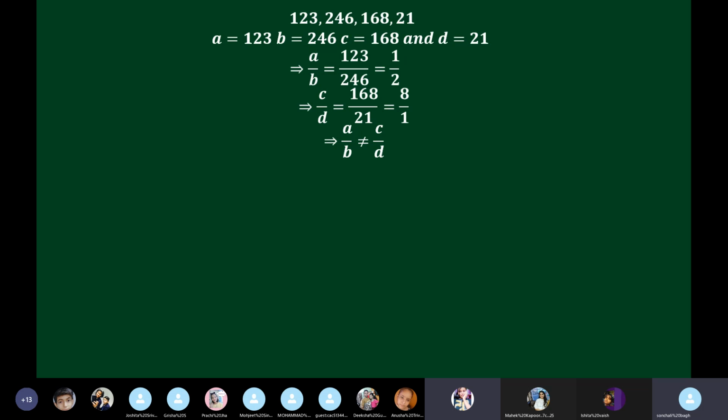Right. Understood the formula? Now I'm giving you one more question. Now I will not guide you. I will just give you the numbers and you will guide me on the next step. When there is no proportion, the question ends. You can simply give a statement that A is to B is not proportional to C is to D. So write that 123 is to 246 is not proportional to 168 is to 21. Write it. You understood what 'is to' means, which sign will be used?